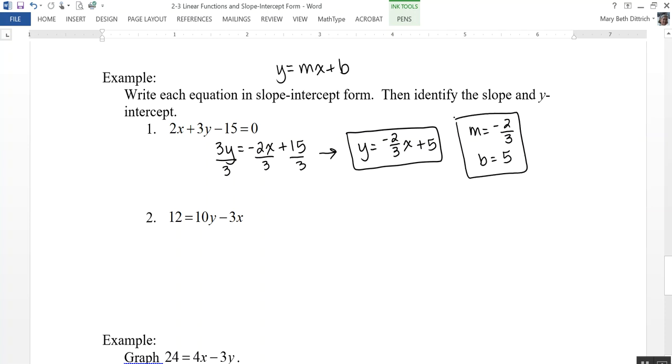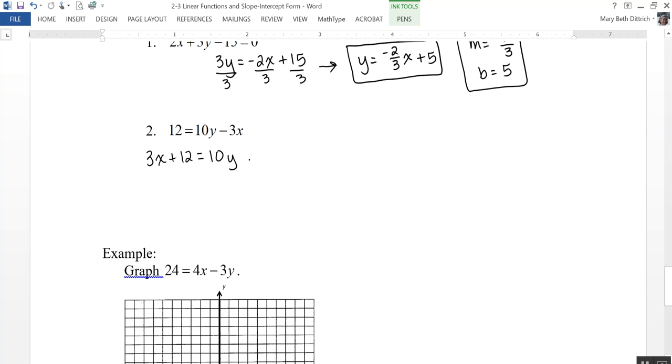Second equation is 12 equals 10y minus 3x. So I want to isolate my y, so I'll move the 3x to the other side, adding 3x to both sides. And I would really like to have my y on the other side, so I'm just going to flip this whole thing around the equal sign. So I'm going to write this as 10y equals 3x plus 12. Okay, and now dividing everything by 10,